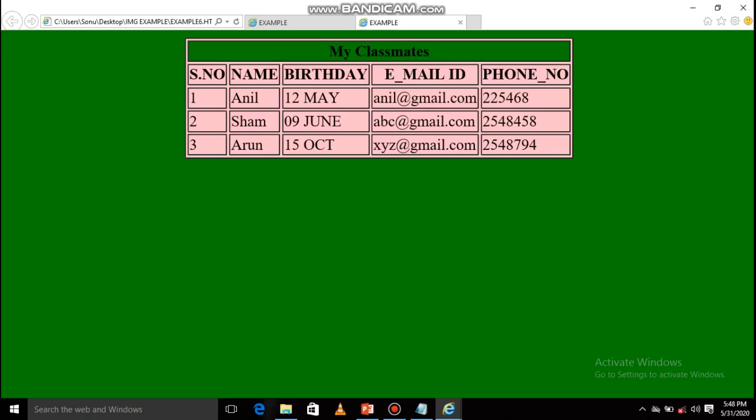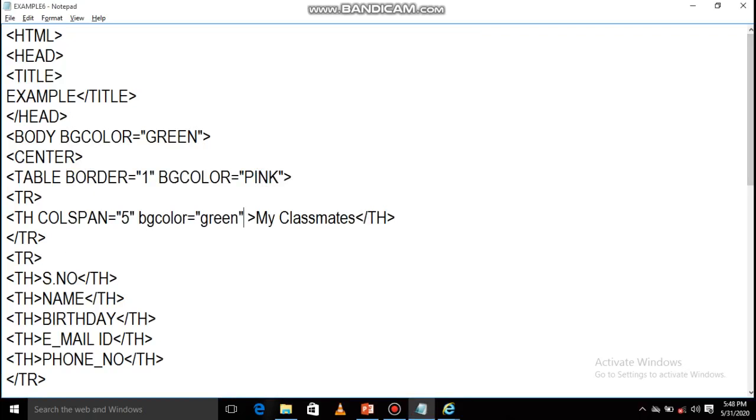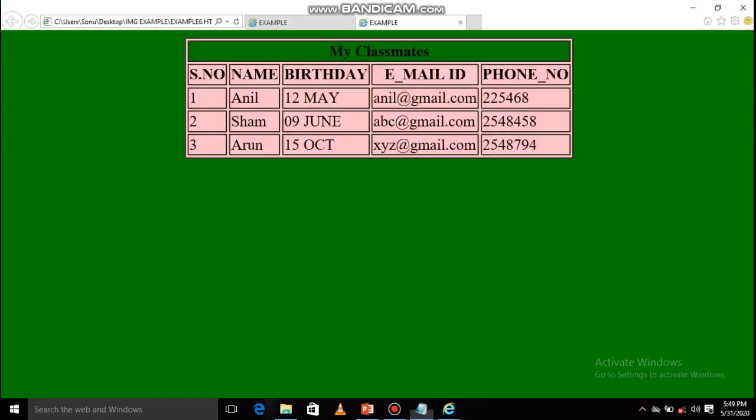Suppose you want to change the color of this particular cell. How to change? Go to the last td here and write bgcolor equals to green. F5, like this. So if you want to change the color of any particular cell, you can change it by using the bgcolor attribute.